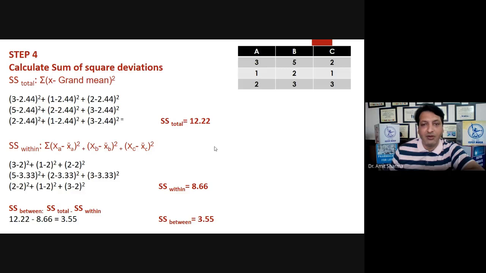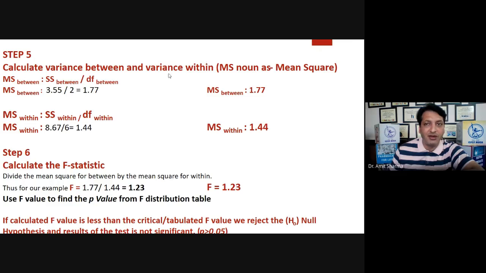So I have got a query, especially for step 5. So this I'll explain in a broader way. In step 5, what we have to do is calculate the variance between and the variance within. That means two variances we have to calculate. One is for between, and one is for within. And MS represents here mean squared. So mean squared between and mean squared within we have to calculate.